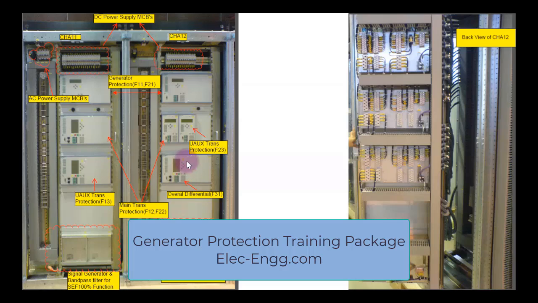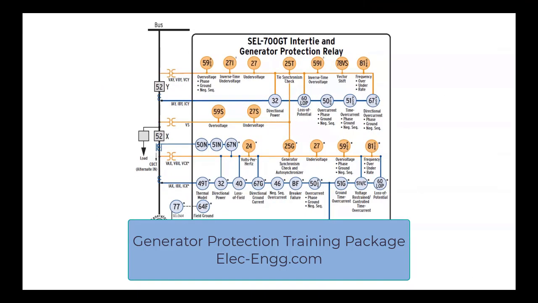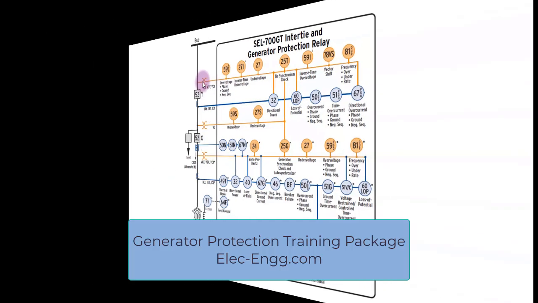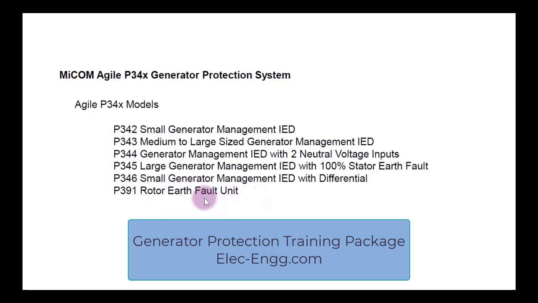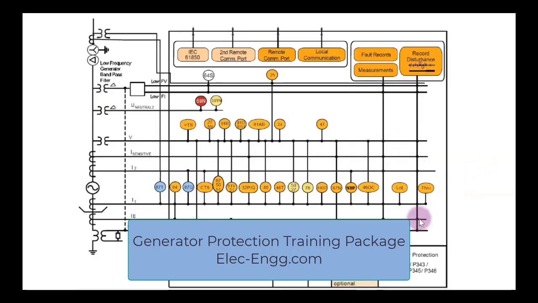It can be from Siemens or from other manufacturers as well. The rotor earth fault and stator earth fault generate voltage signals connected to protection functions, or ANSI codes, available here, and the names are also mentioned here. The orange or red color here represents the rotor earth fault unit, and it is used to detect the earth fault in the field or rotor. Okay, here I also put this slide to understand the differences between different